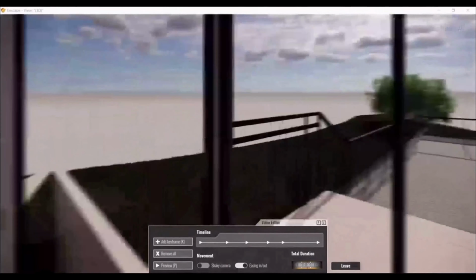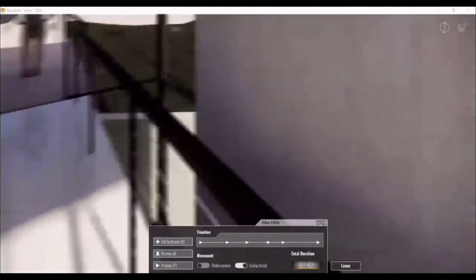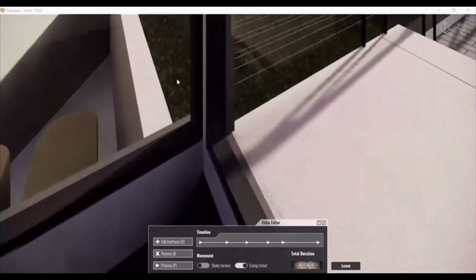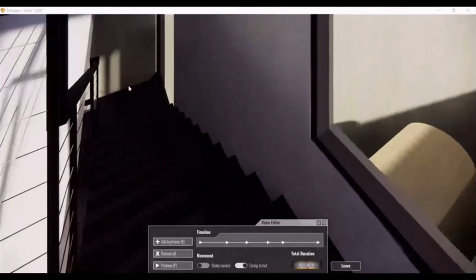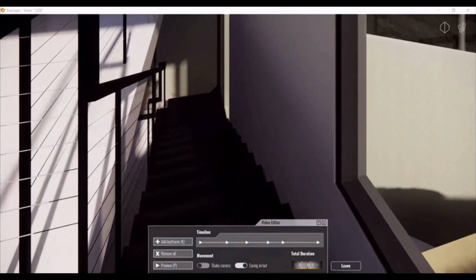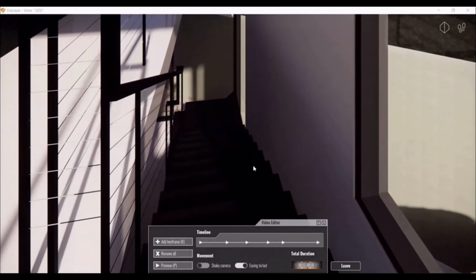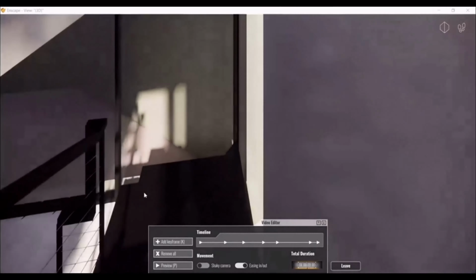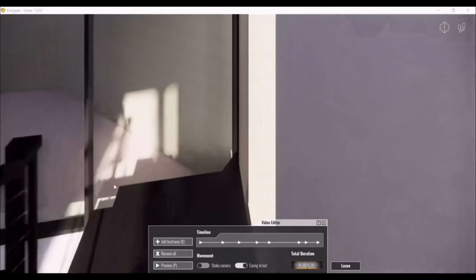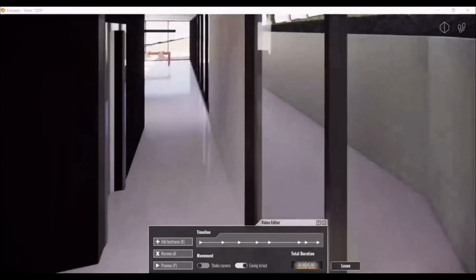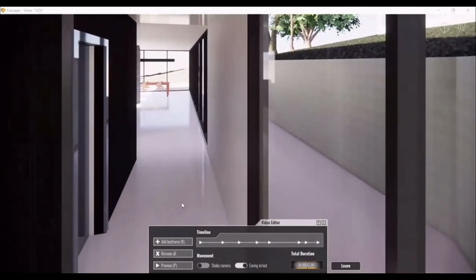Okay, now let's come down through the stair. Let's place a keyframe here. Another keyframe here. Come here.